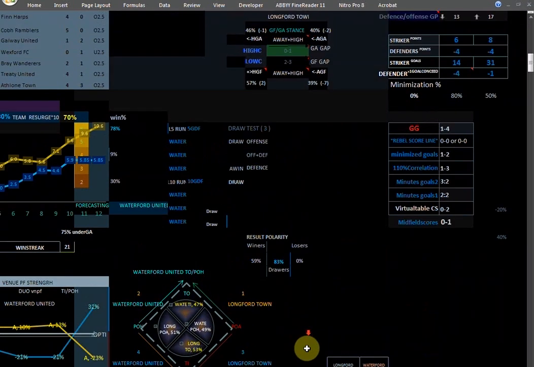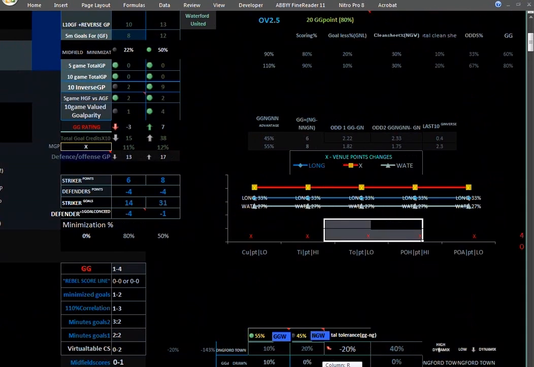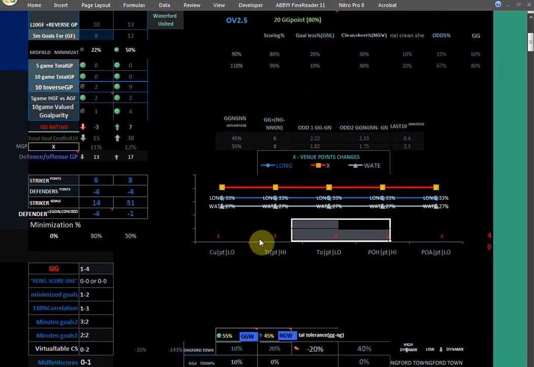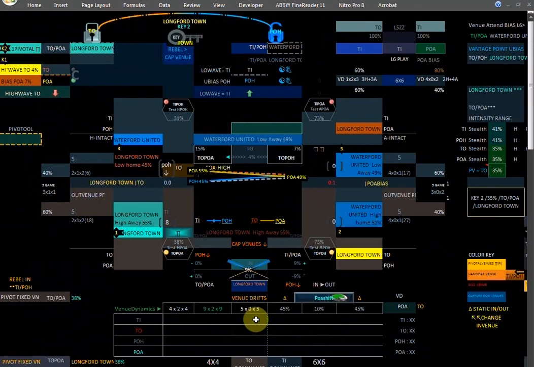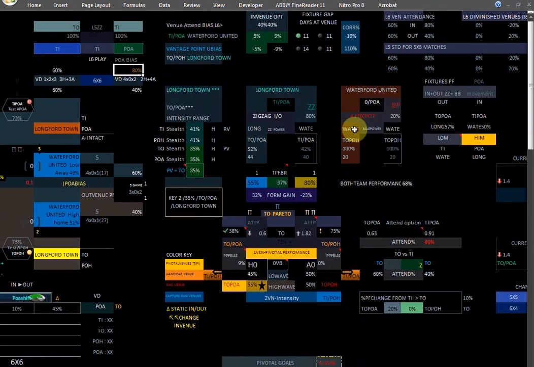There's an indication on your right. There's a constant X throughout the data, so that one is also an indication. On the venue cross, you can see attendant buyers for Waterford here, excess here about 80%, 4 games played here, and with also buyers no movement, so it had a lock in POA.